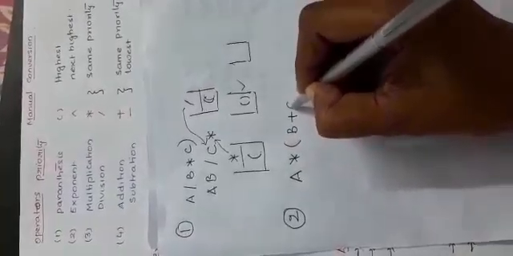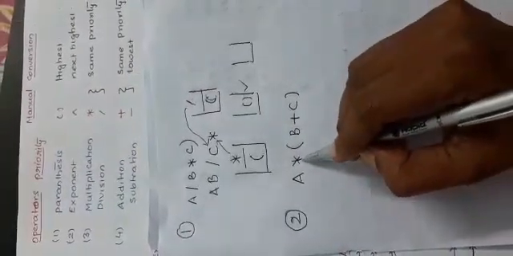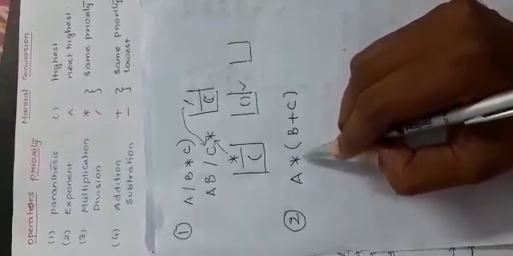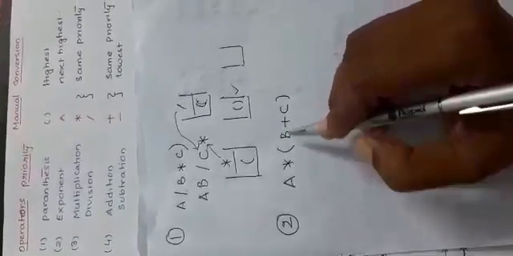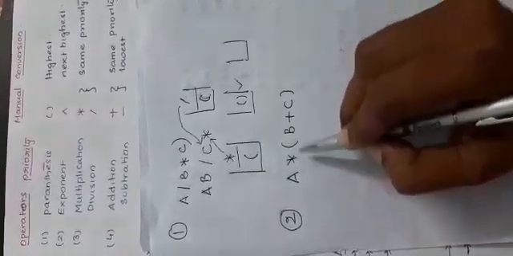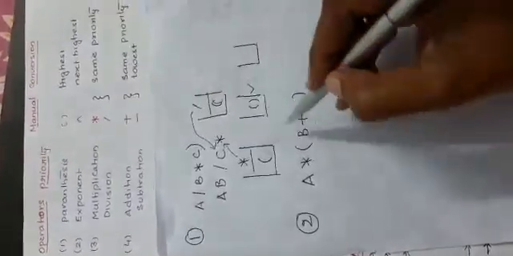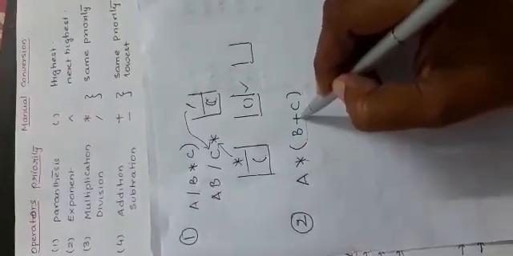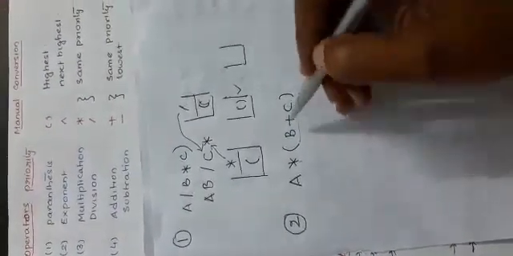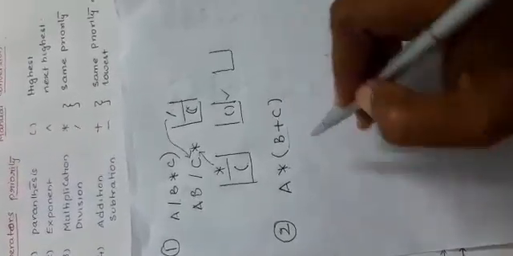Now I am going to take one more example. So let us suppose A into B plus C. Now see, we are having two operators, asterisk and addition. So when you are going from left to right, you got the asterisk first. But high priority is given, highest priority is given to the parenthesis. So first you have to think about this. So it should be converted first. But when you are doing it as per the algorithm, see what happens.